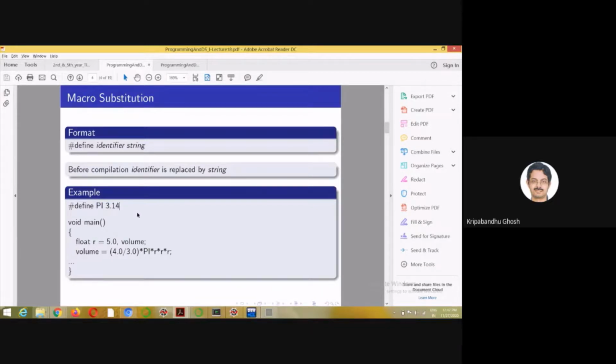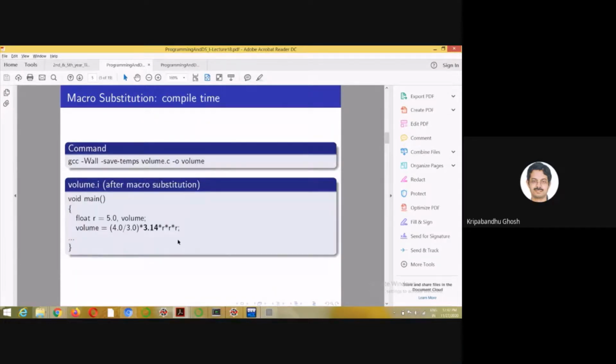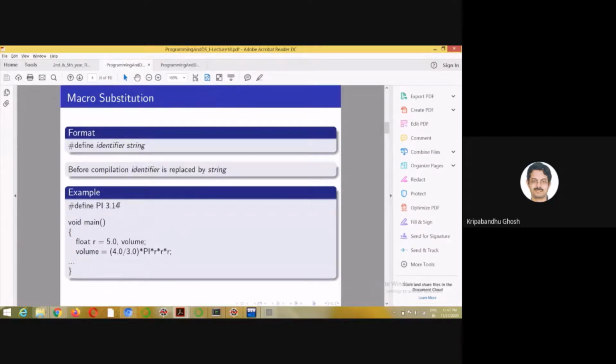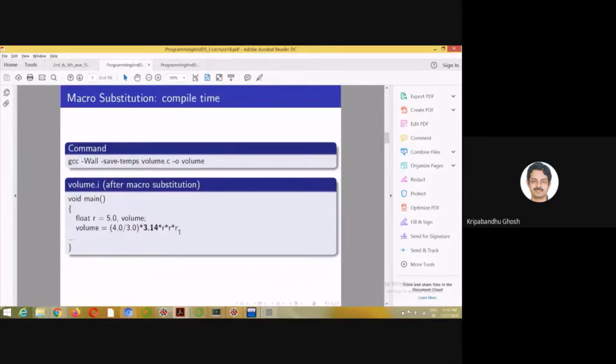Basically, before compilation, there is a step called pre-processing, where macros are substituted, like this line is eliminated, and instead of PI, 3.14 is substituted in the code itself. If you want to look into this, you have to run a command like gcc, which will also generate the intermediate files.